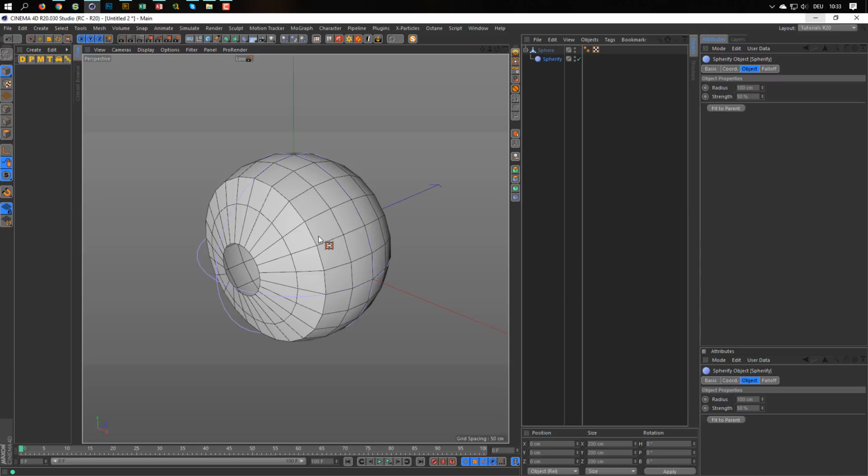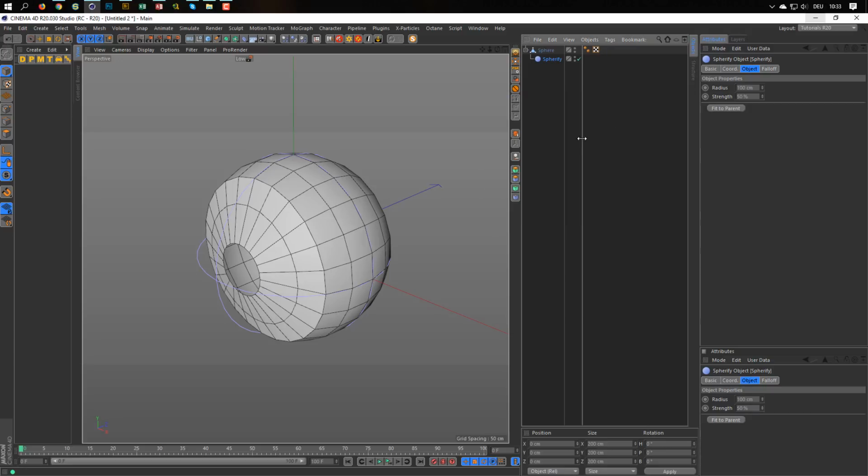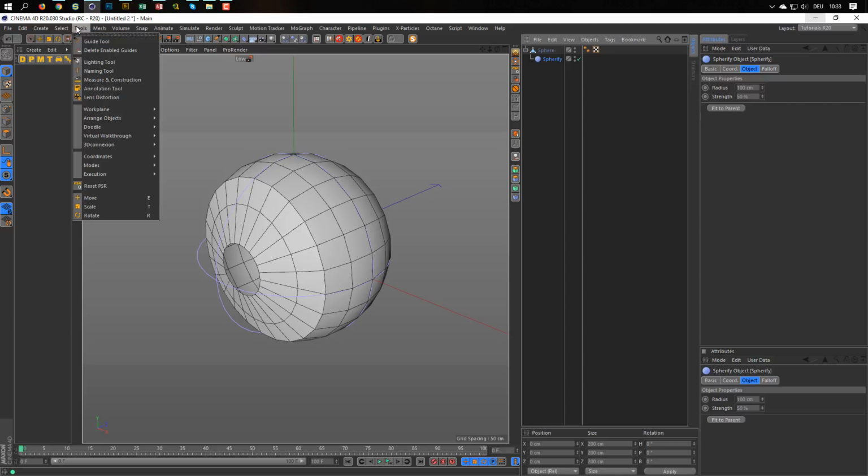If you don't have your reset PSR here in the toolbar, you can hit Shift C and you get this command line here, and just type in reset PSR and double click it, and that's it. I searched for it in R20 all the time under characters, but I think it's under tools now, or something like that.